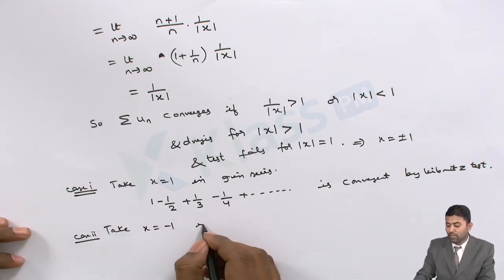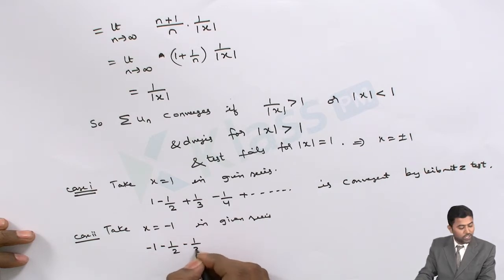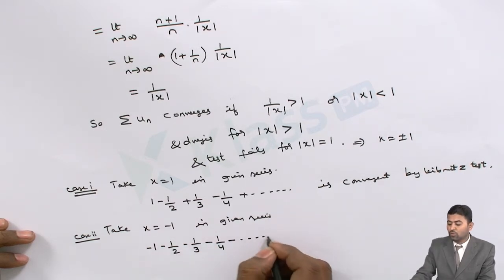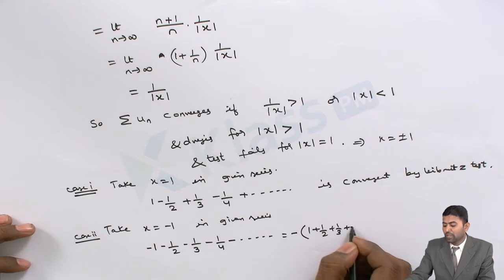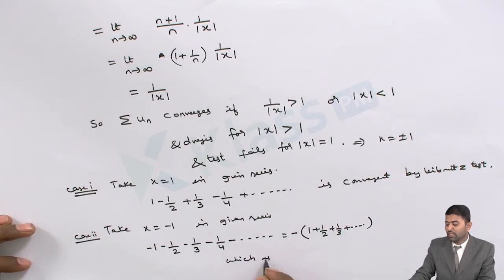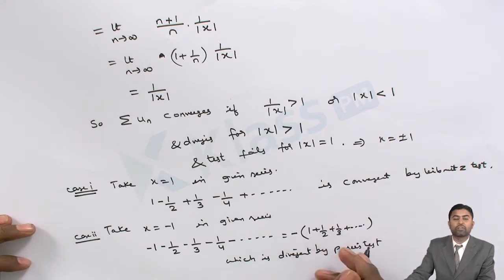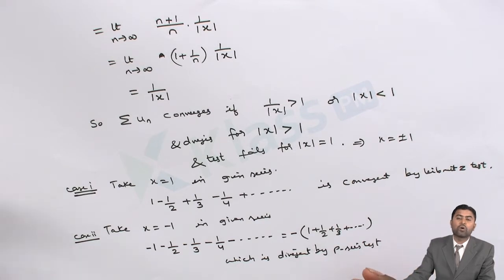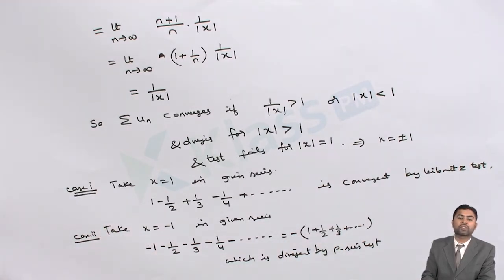Take x is equal to minus 1 in the given series. Then we get that as minus 1, minus 1 by 2, minus 1 by 3, minus 1 by 4 and so on. So I can write it as minus of 1 plus 1 by 2 plus 1 by 3 plus and so on, which is divergent by the P series test. Its nth term will be 1 by n, and we know that summation 1 by n power 1 diverges by the P series test. Even if we apply the minus sign, nothing will happen